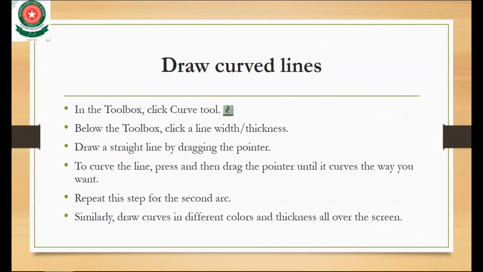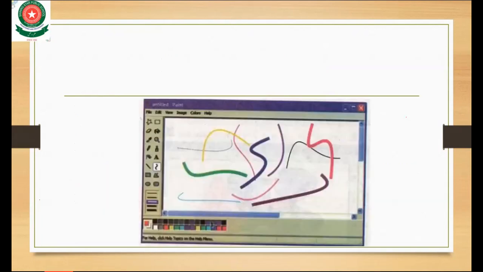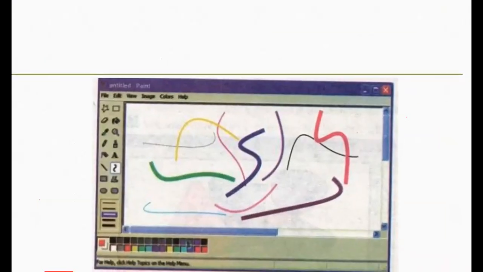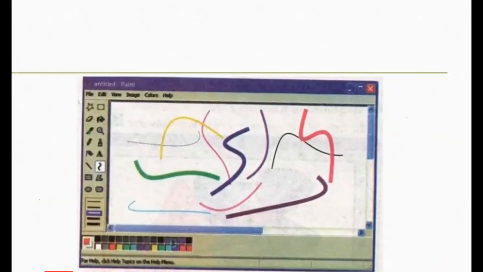Okay, see this diagram. I'll zoom it. See, this is the option of the curve tool, and this is your toolbox.